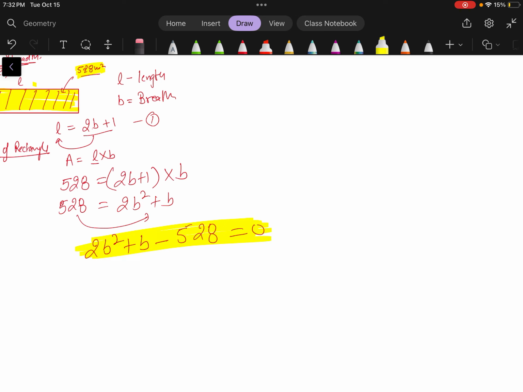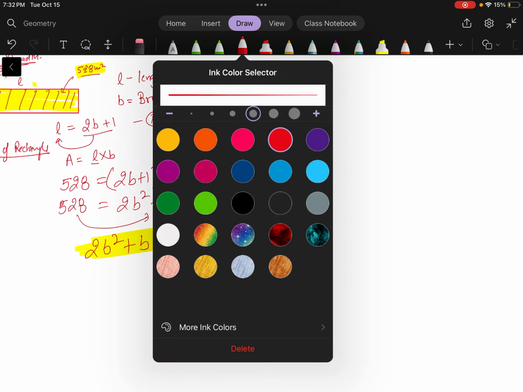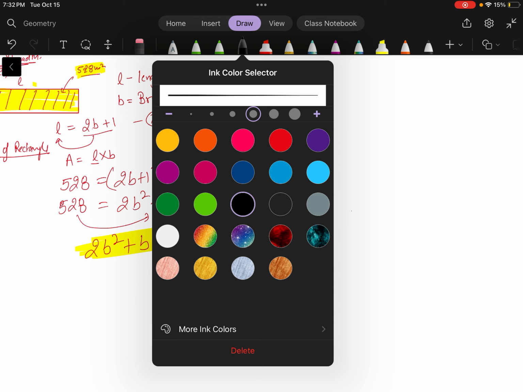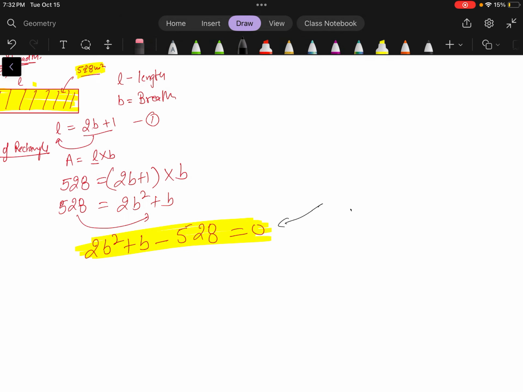We'll solve this equation. So this equation that we derived, this is the quadratic equation. What's the name of this one? This is quadratic equation. So in the quadratic equation, you have to find the factor of this one. So how we will solve this quadratic equation? So to solve this quadratic equation, you have